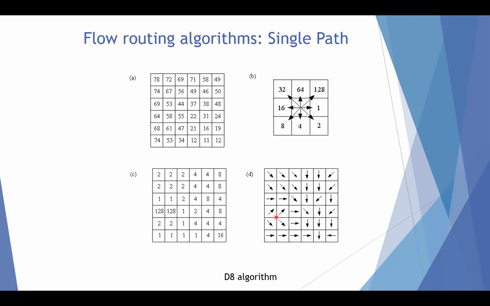Okay, so the algorithm here, what we use is called the D8 algorithm, that is you are trying to have 8 directions. So from any pixel, the flow can happen in any of these 8 directions. And only in one direction the flow can happen. Suppose for example, there are many pixels which are having values less than 55. But then only in one direction the flow is happening, that is the steepest direction. So therefore it is called a single path,